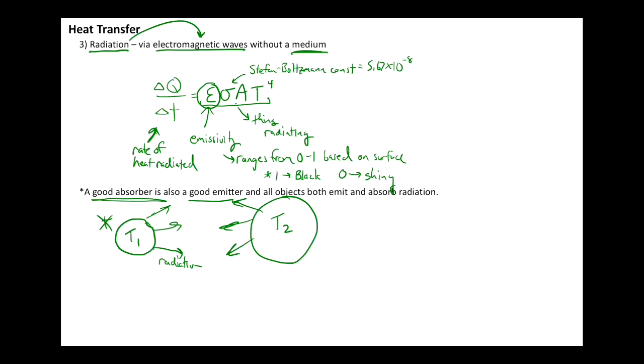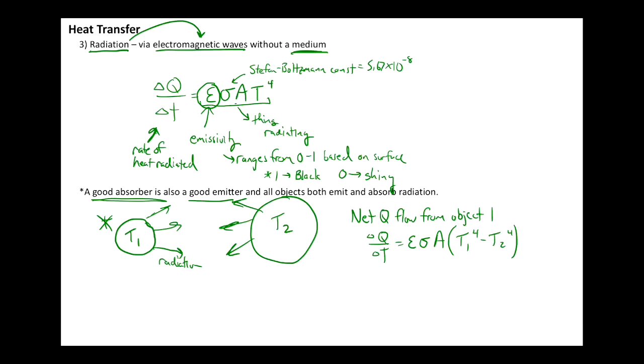So we could say that the net Q flow from object 1, dQ dt, is equal to its emissivity times the Stefan-Boltzmann constant times its area times T1 to the fourth minus T2 to the fourth. And the way we get at that is to say that